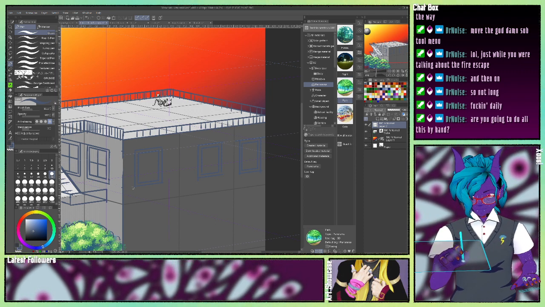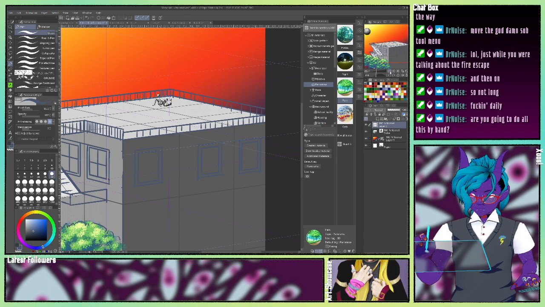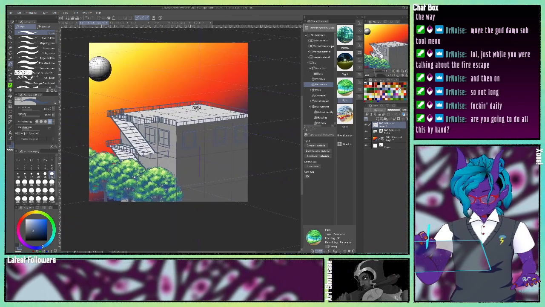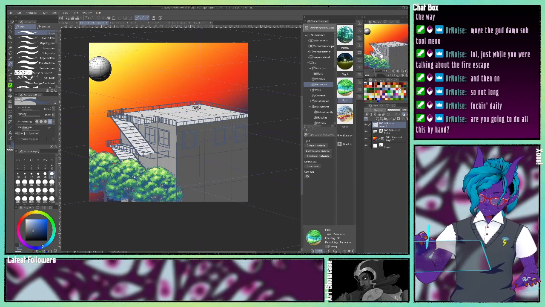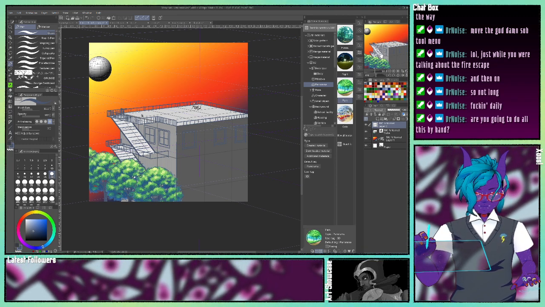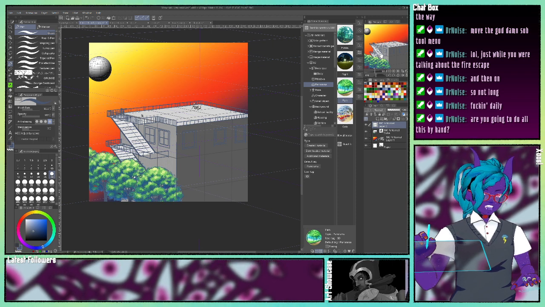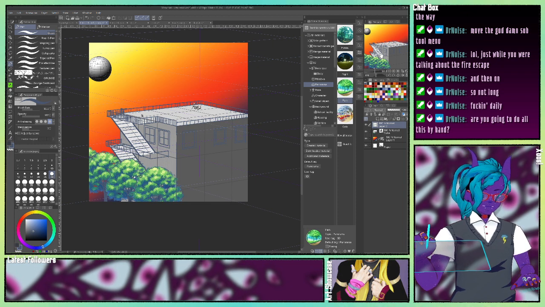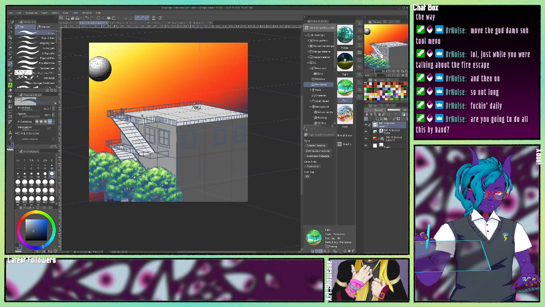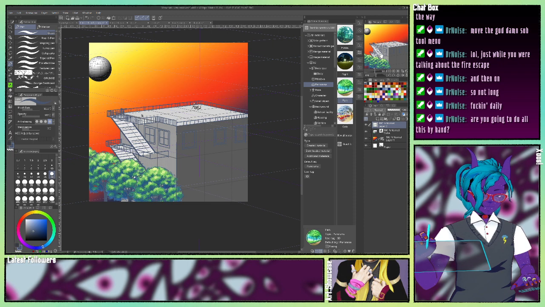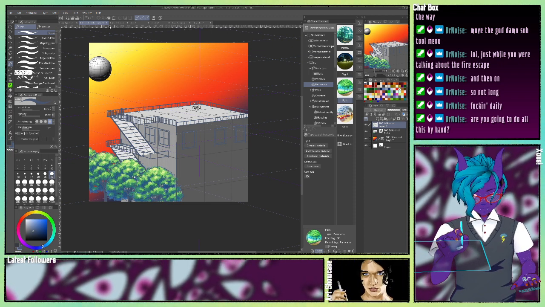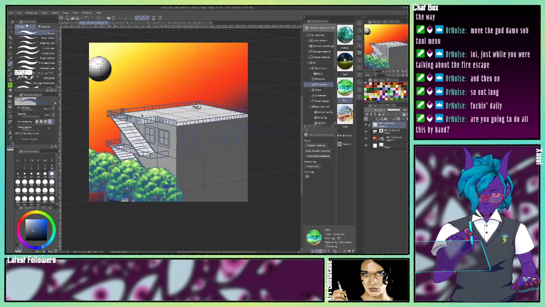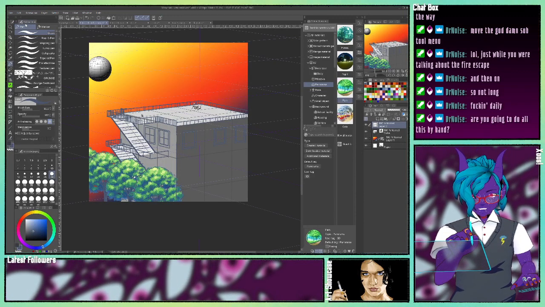But yeah, you should take the shortcuts that make sense to you. Use the tools that work for you. This is just a display of them. If you like these tools, use them. If you hate them, don't use them. But yeah, I love Clip Studio Paint. It's made going back to art so much easier. But yeah, I hope this helped you, that you learned something, and I will see you next